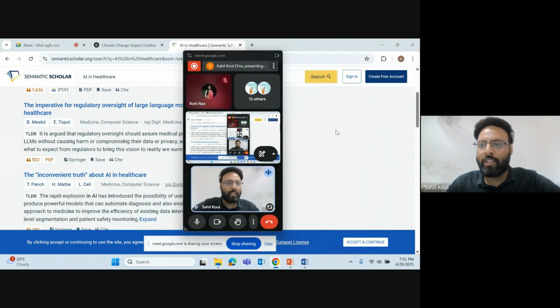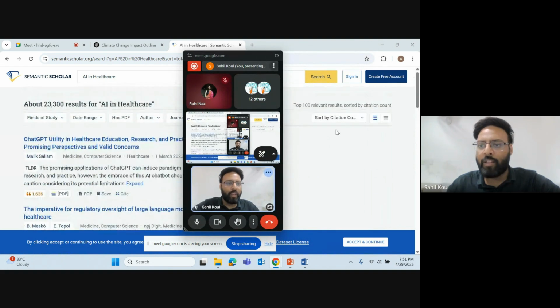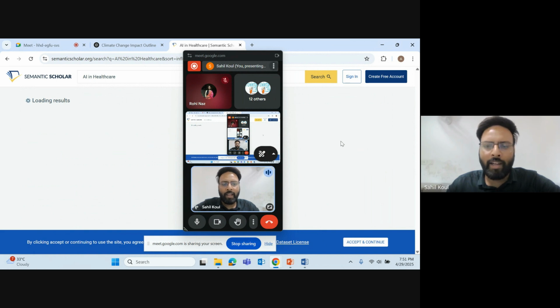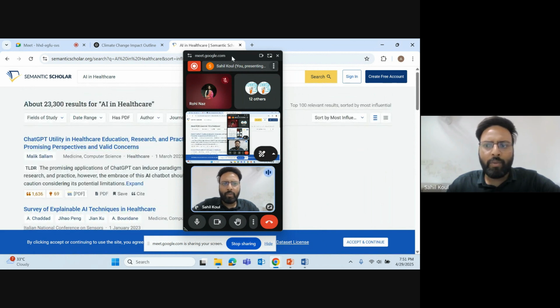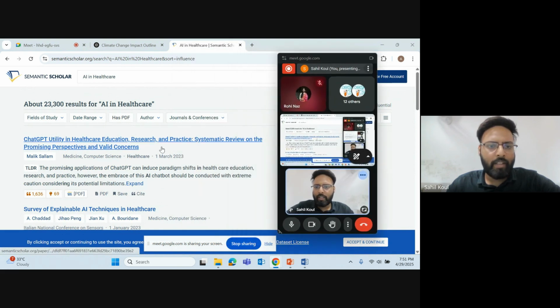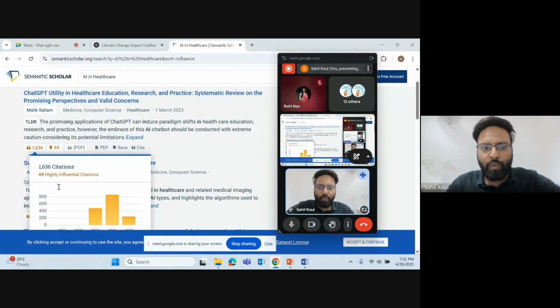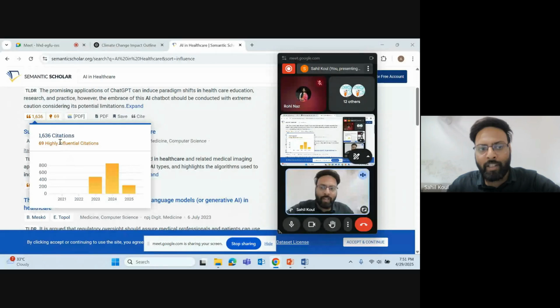Now, even after that, you can search and sort this basis the most influential papers in this area, like AI in healthcare. We'll do this. This is the most influential paper. So in the most influential paper, you can even find the most influential 69 citations, right?